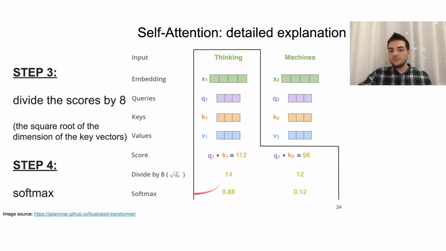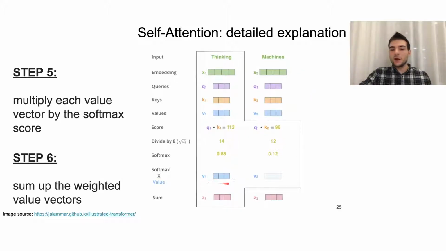Then normalize it. Actually divide by 8, square root of dimensionality of these vectors to reduce the variance. We can discuss it on the webinar, for example. Then normalize it using softmax. And now we actually have these weights with which we actually sum up our value vectors. You see? And now we have this vector Z1, which is actually representing the whole sentence, but from point of view of the first word. So actually, what we have here, Z1 is actually representation of the whole sentence, because actually it includes vectors from all the positions.